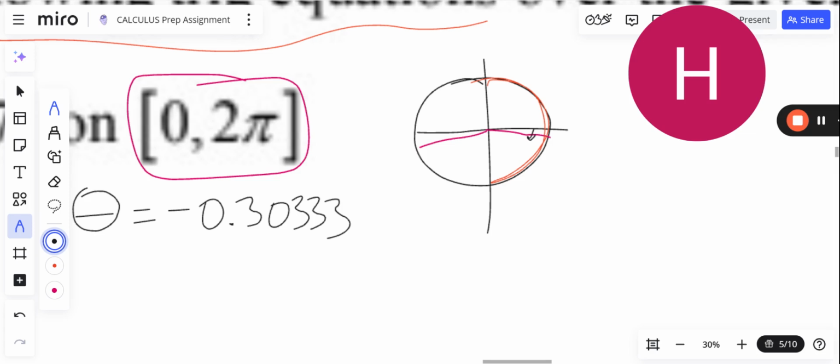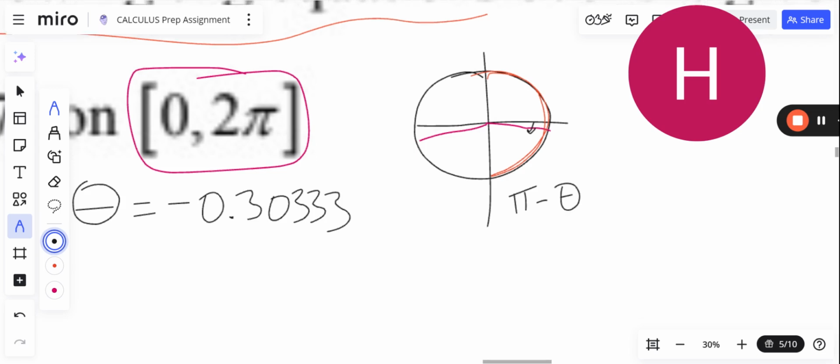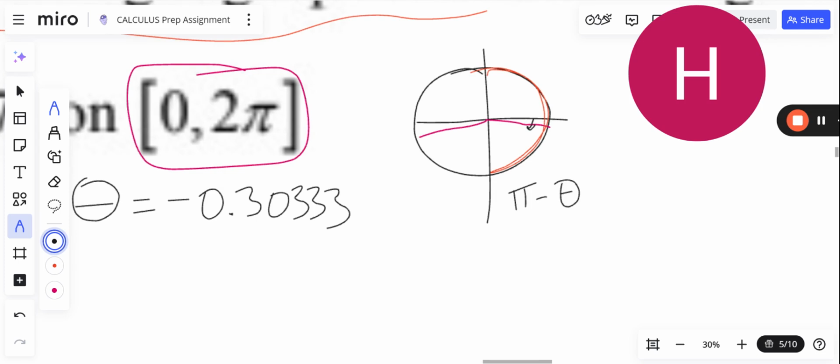Little tiny wedge. Now the sine inverse rule tells us that if theta is a solution, then pi minus theta is also a solution. This is the supplement angle. And so we will take pi and subtract this value, which is pretty much like adding 0.30333 to pi. And this gives us